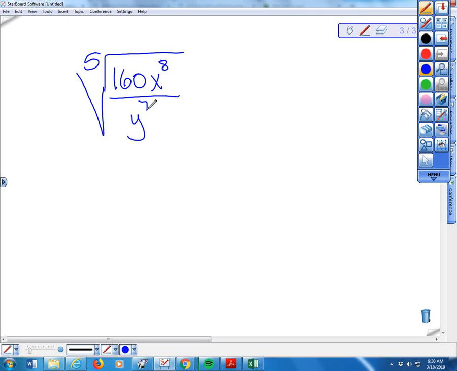I'll do it for you in a minute after everybody's had a chance to try it. Where do we put the X? Okay, this is not correct. Kristen? 32 and 5 go into 160. So it's going to be the 5th root of 32 x to the 8 over